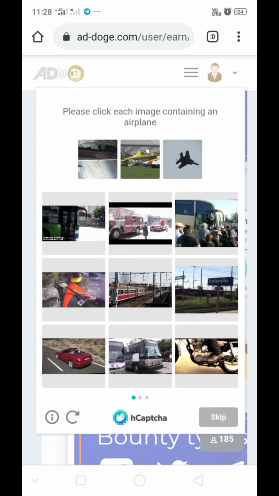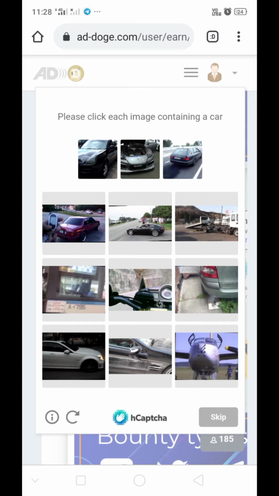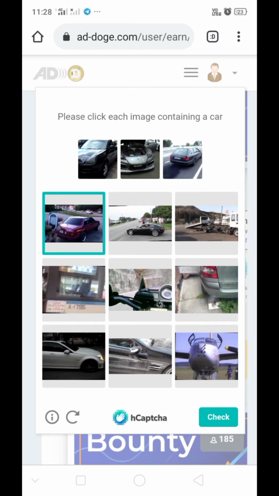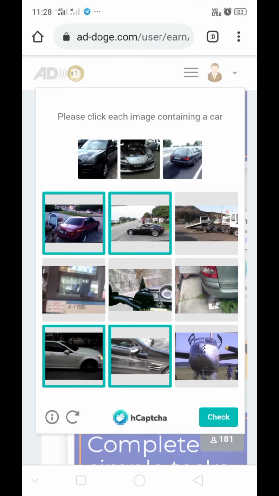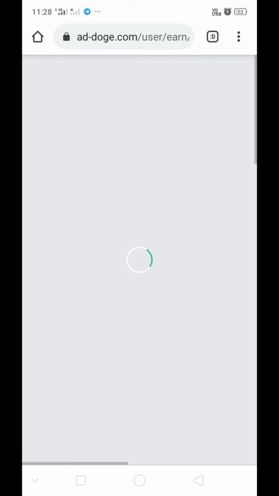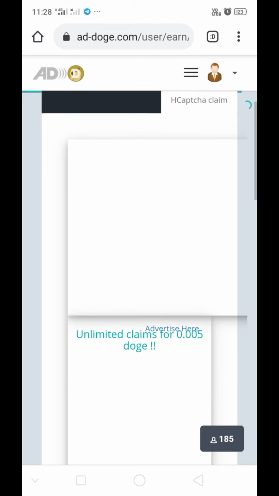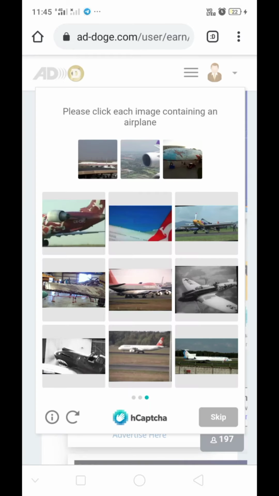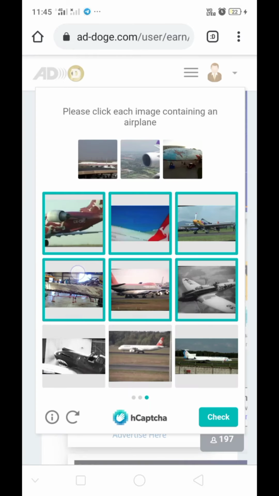Okay, very simple and easy. Now I skip the video. This is my last, 25th edge captcha.